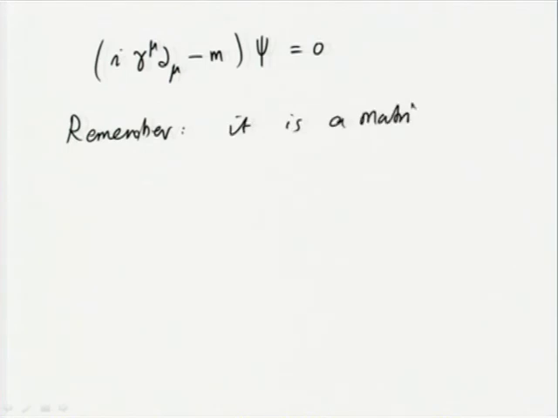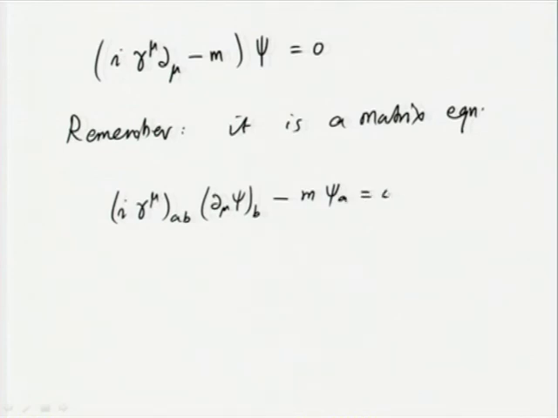We will write this matrix with indices explicitly. A b element of i gamma^mu multiplied by the b element of ∂_mu psi, and subtract m psi a, so that will give you a element of gamma^mu ∂_mu psi, and subtracting m psi a will give you 0, where a and b are Dirac indices